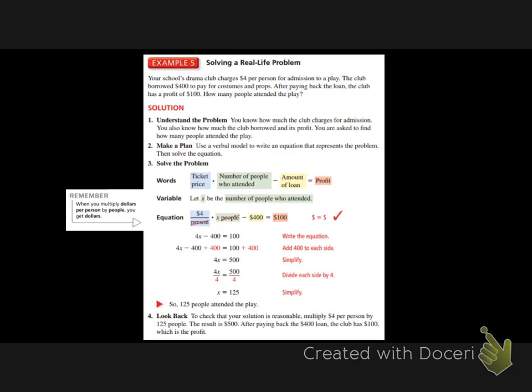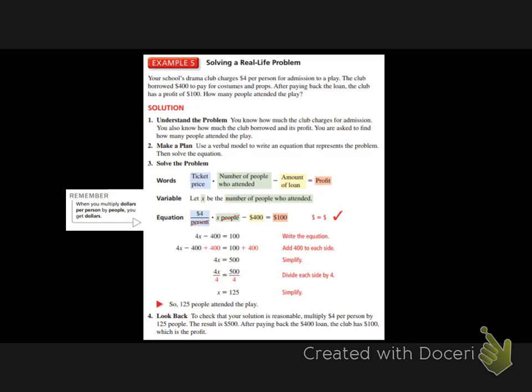So if we're looking here, thinking of our words to solve this problem, if we take the ticket price times the number of people who attended, subtract the amount of the loan, that'll give us a profit, right? So let's just say that x is going to be the number of people who attended, because that's the one number we don't know. So if you charge $4 per person, remember that word per means divided by, person, times x people